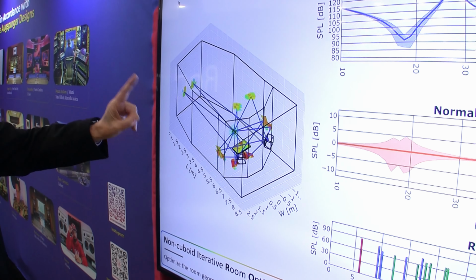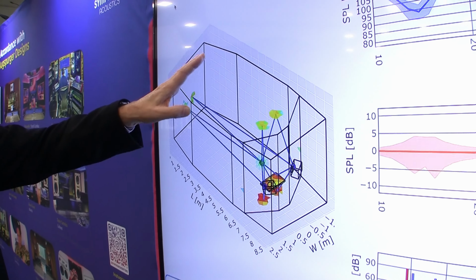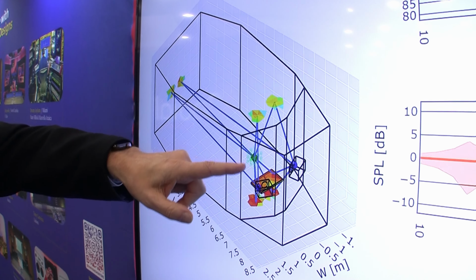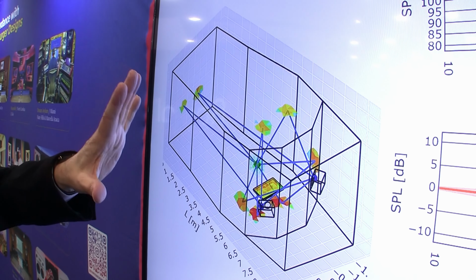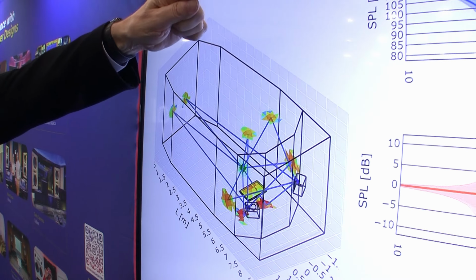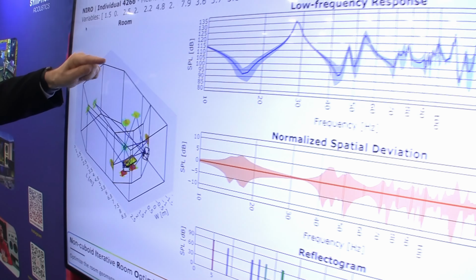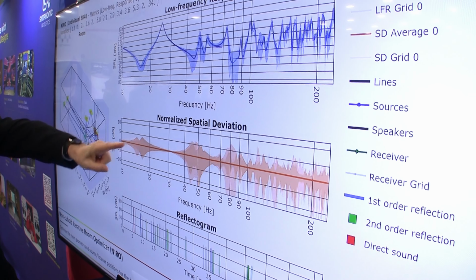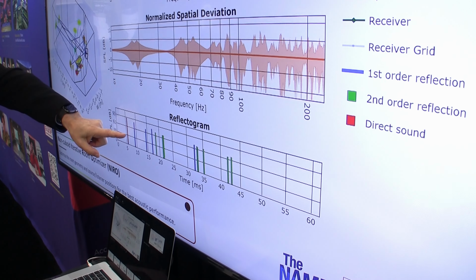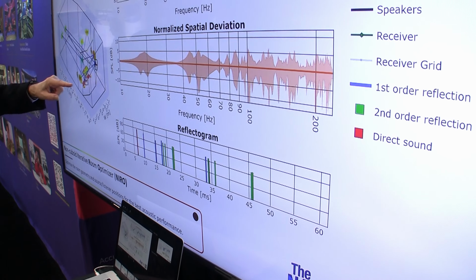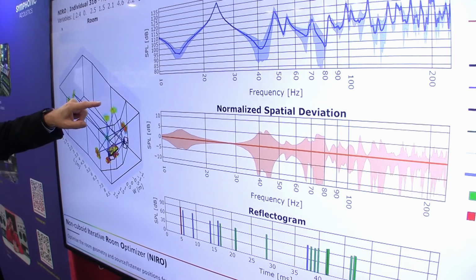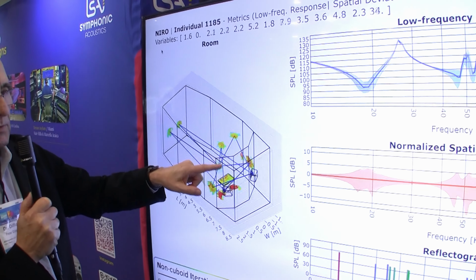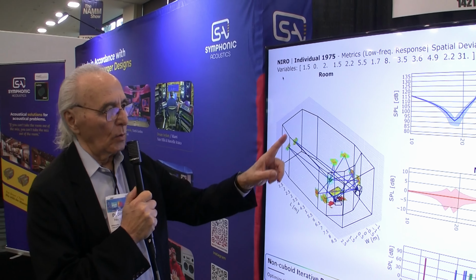What we do is, first, we vary the geometry of the room and the position of the loudspeakers and the listener simultaneously. We're striving for a flat frequency response and as small of a spatial deviation as we can get, and a reflection-free zone that has no interfering reflections from the side walls and ceiling to provide comb filtering. Once we do that,